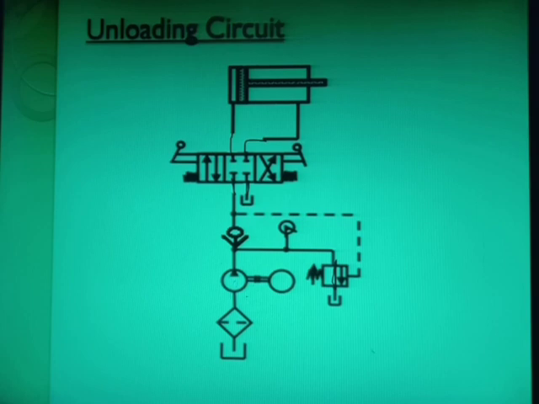You understand? So I am not stopping the pump in this central position. The pump is still running, but I am only unloading the pressure of the oil with the help of the pilot line. And as this check valve is provided in this line, the oil will not flow in the backward direction. From here, the oil will go to this unloading valve, and the oil will directly go to the reservoir. So this is our unloading circuit. I hope you understand the unloading circuit.